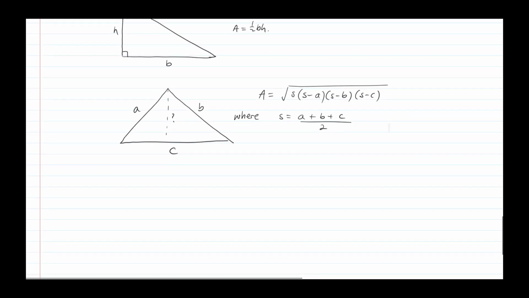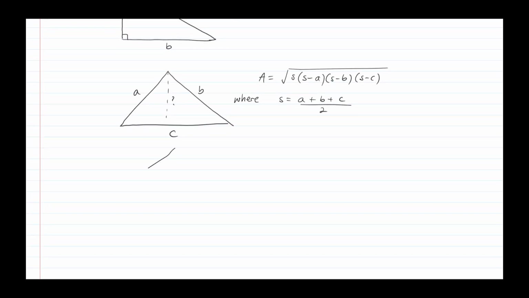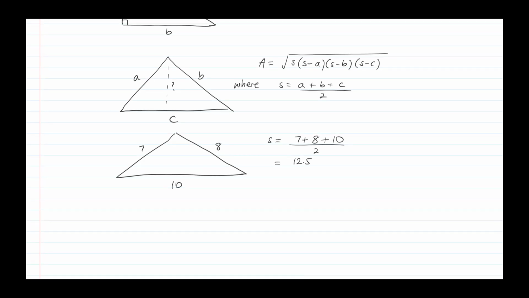And I'll just take you through quickly one pretty basic example of this. So we'll do a nice flat triangle, maybe the worst triangle I've ever drawn. 7, 8 and 10. Then Heron's rule would say that S first of all is equal to 7 plus 8 plus 10 over 2, which is 25 over 2, which is 12.5. So you can work that out, and once you've worked out the S value, the area is equal to